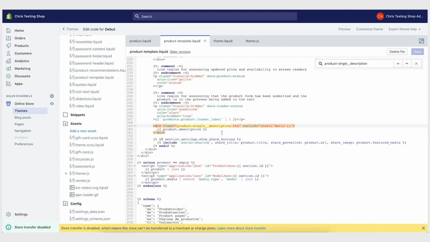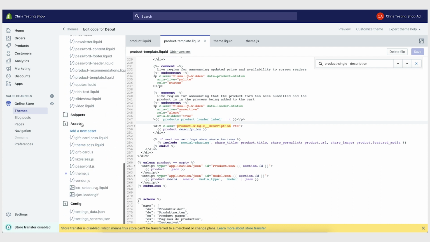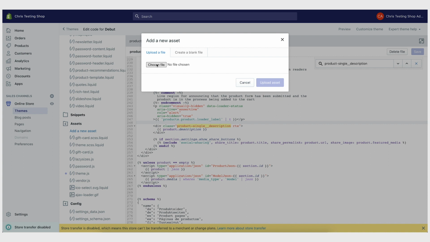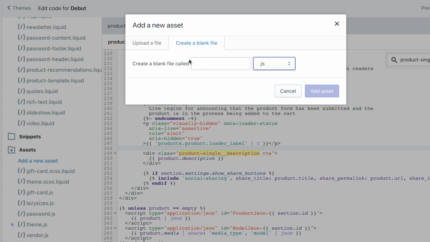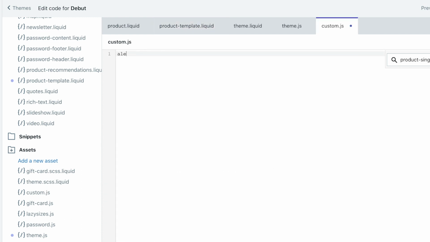All right. So that's the 3 ways that we can insert JavaScript into our Shopify theme. Like I said, anywhere where we insert HTML, which is on any of these .liquid files, we can also insert JavaScript. And for including external files, maybe we want to add in a new JavaScript file here. So I'm going to click create blank file, go down to JS, just call it custom.js. Let's say, for instance, we had this custom.js, and let's just do the same thing again. Alert loaded,